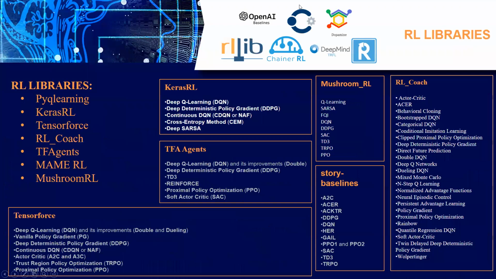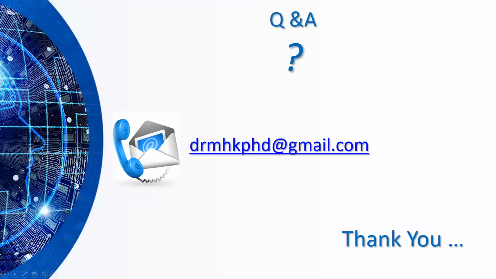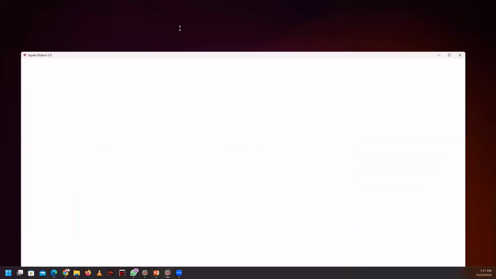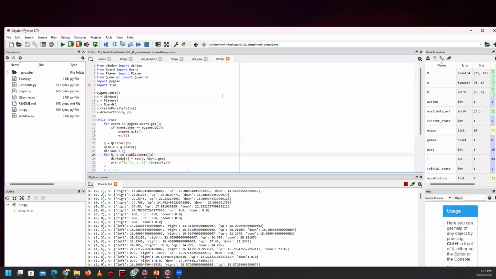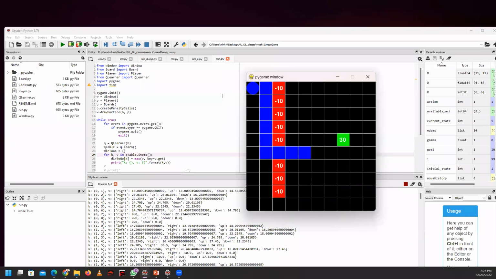Let me quickly go to Spyder. Sorry, it is still running. I have started training of one model, you can see here. So yeah, this is the Pygame, which I just explained. If I want to simulate one environment, we have to import some library in order to make things easier.